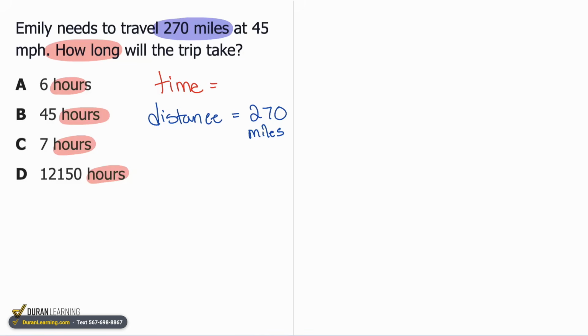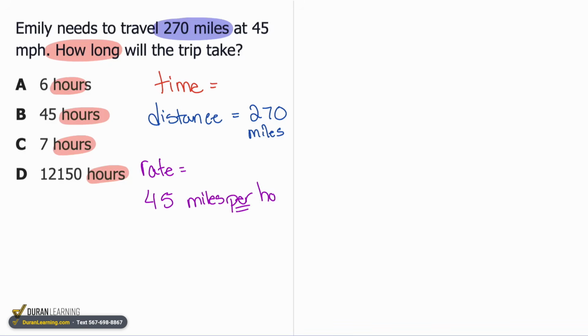And then we have 45 mph. Everybody, what is 45 miles per hour going to be listed as? That's going to be a rate. But I have to ask you, what's the giveaway that miles per hour is a rate? There's a word that's going to be in almost every rate when you're listing it. Yeah, it's going to be the word per. Miles per hour. Let me write that down for us. My rate is going to be 45 miles